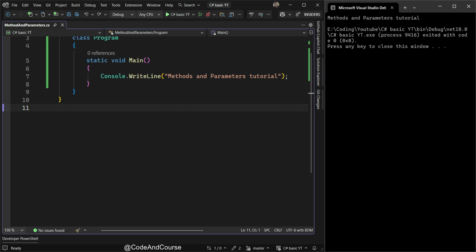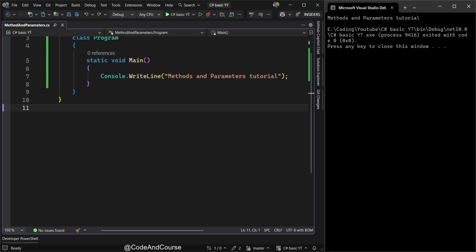In a real C# project, methods are not optional. They are the foundation of clean and maintainable code. If you don't understand how methods, parameters, and return types work internally, you will struggle with OOP, dependency injection, API,